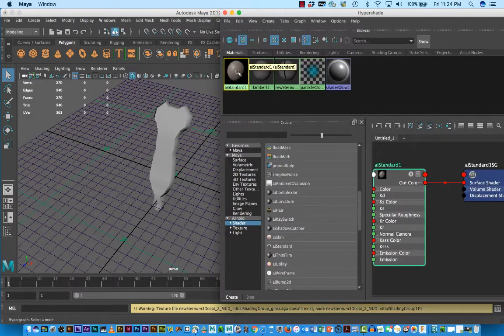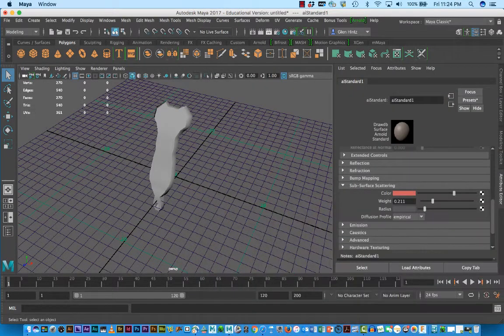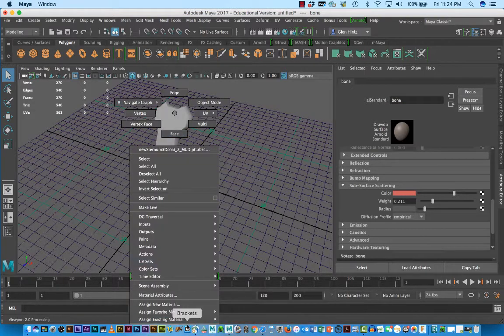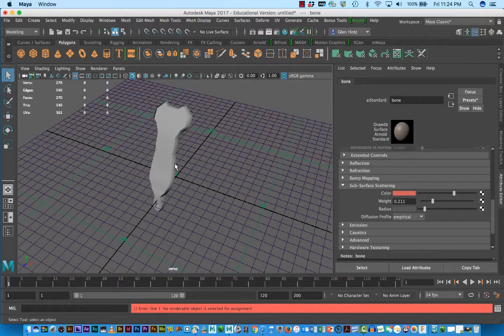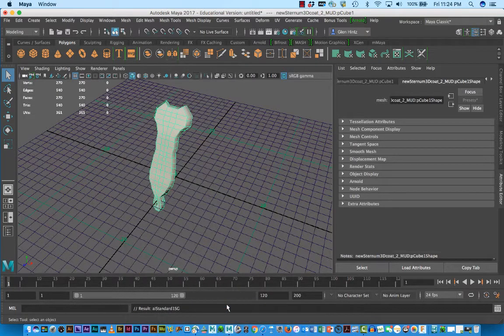So now I can take that, and before I do that, we'll close that, and we'll name this bone. Not bond, bone. And I can right mouse on my model and say assign existing material, bone. Oops, don't have it selected. Okay. And now if I hit 3,